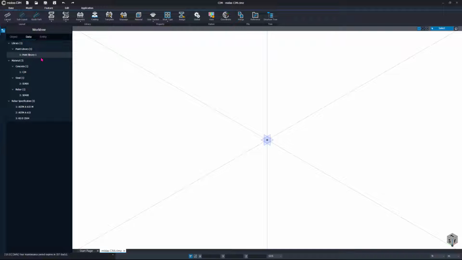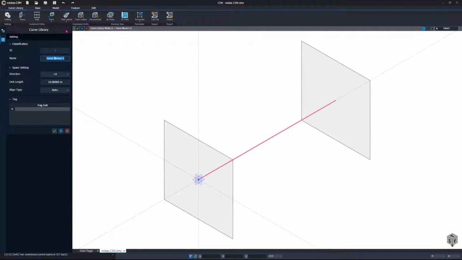So it means that if you want to create a curve library, the library that you have created in the point library, so the point library is the 2D library, you can import it to the curve library.